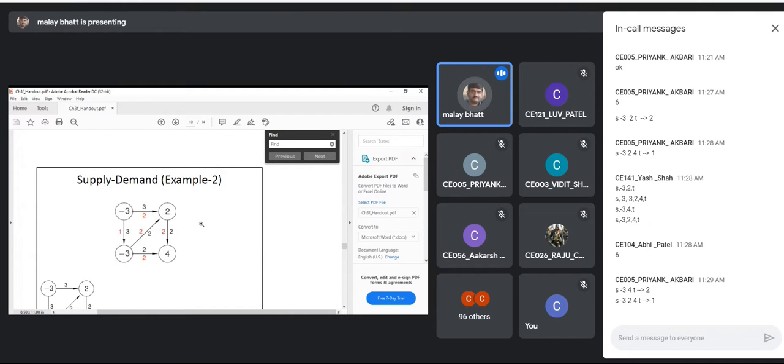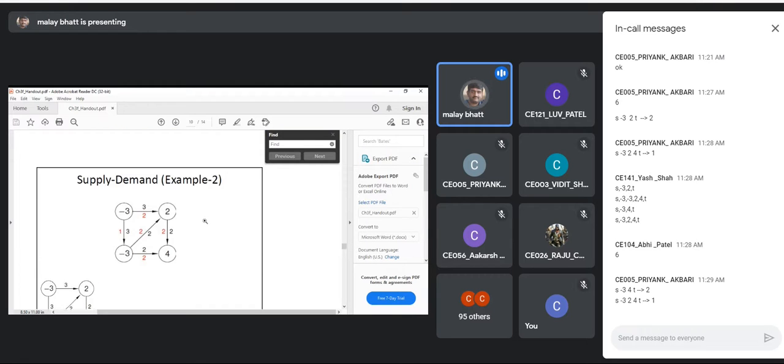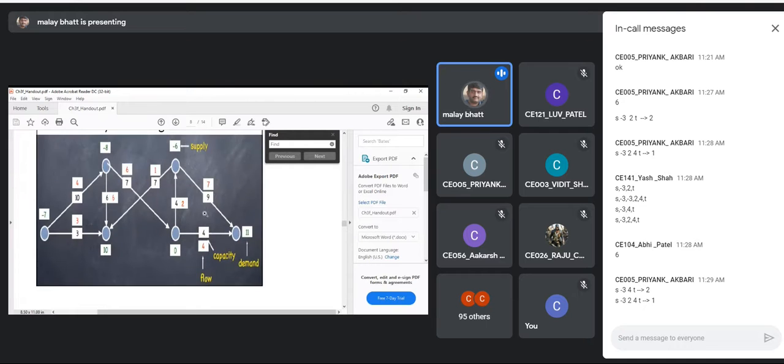So this is the final diagram after removing the source node as well as the terminal nodes. There is one more application of the flow network. So we have seen 3 applications of flow network, Ford-Fulkerson method. The first is maximum matching in the bipartite graph. The second is Latin square. Third one is a supply demand network, which you can use for a bicycle problem and other supply demand problems like this.